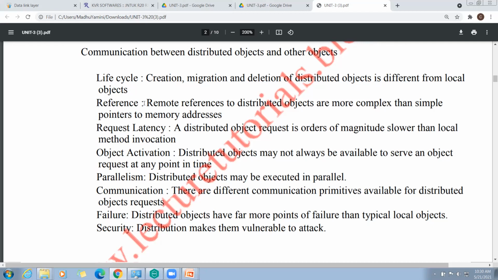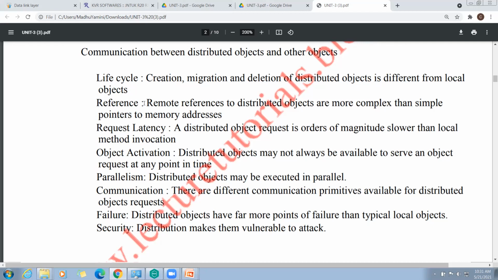With distributed objects, we need to access and invoke the object remotely. It might take more time than local method invocation. That is request latency. Latency is nothing but the time taken.